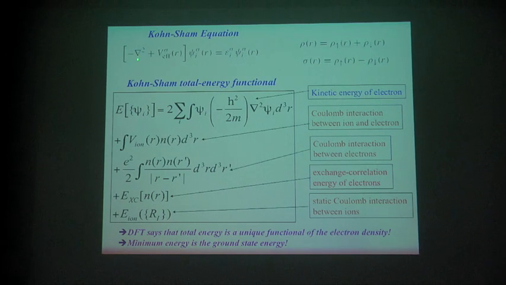Basically, the Kohn-Sham equation looks exactly like a Schrödinger equation. The only difference is that this V effective of r is something which is cooked up in the Kohn-Sham equation in the following way. So the total energy functional, if you look at all these terms,